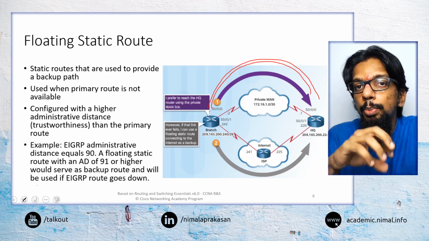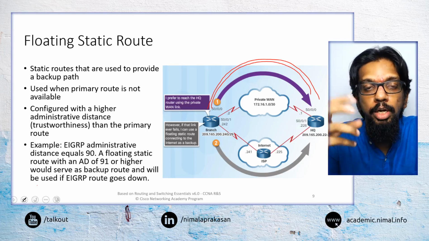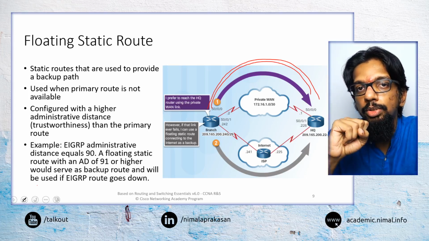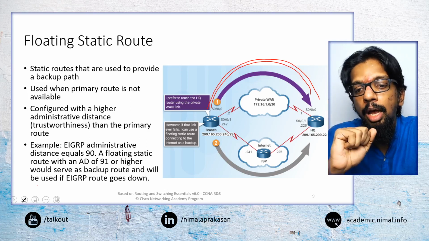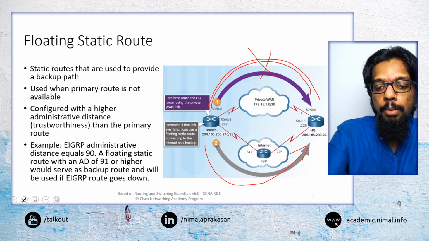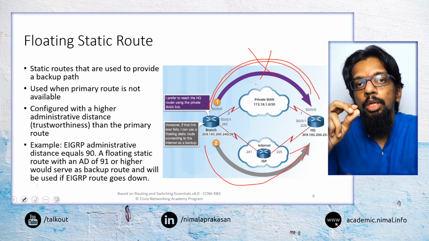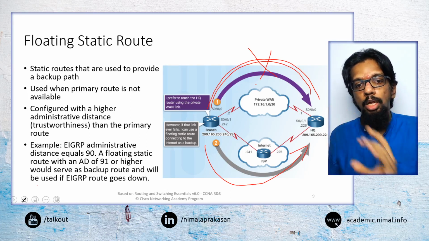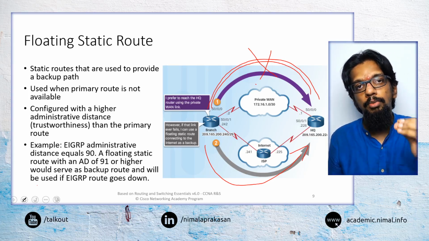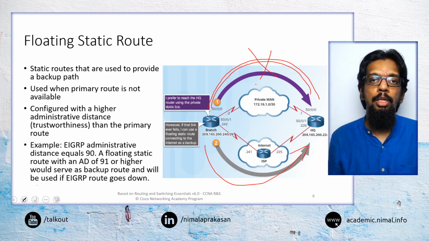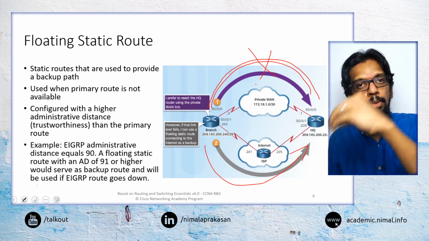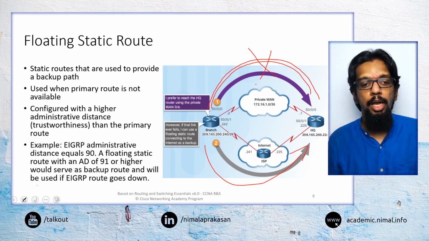And in most cases, we would prefer to use the fiber link, or a dedicated private link, rather than a wireless link that goes through the internet. But as a backup, if the private link fails, then we may want to use the backup link. So we would normally route everything through the private link, but we will set up an additional backup route where we would specify, if the primary link fails, go through this backup.